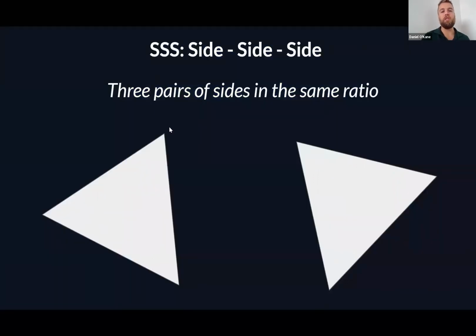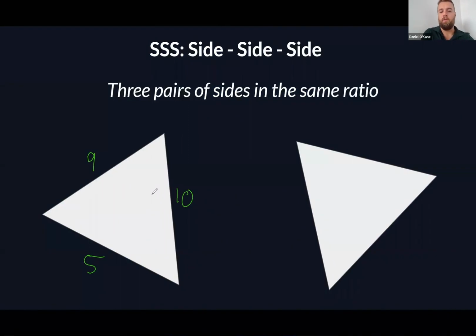Okay, the next test is side, side, side. And so we've actually looked at an example of this already. So when the 3 pairs of sides are all in the same ratio. So that's that concept of scale factors. Okay, so if I've got, oops, I don't want to go to the next one yet. Let's look at an example. If I have 5, 9, and 10, let's do a really simple case, 50, 90, and 100,